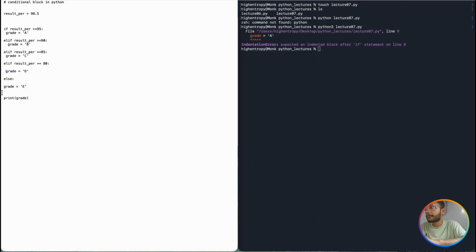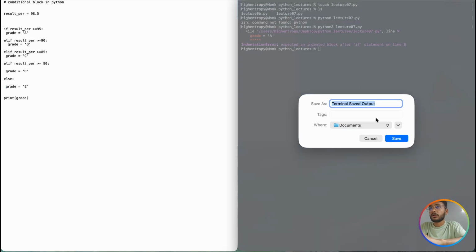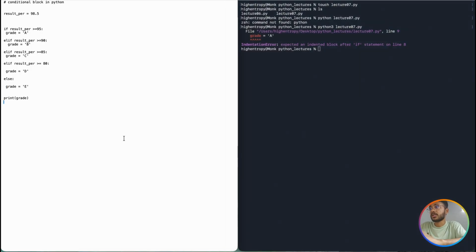So for example, here I kept two spaces, here I kept one space, and let's see. First thing, we'll save it and run it. A, you are getting. I just wanted to experiment with this. C where I kept two, C or D? Let's say you kept one more in the B.